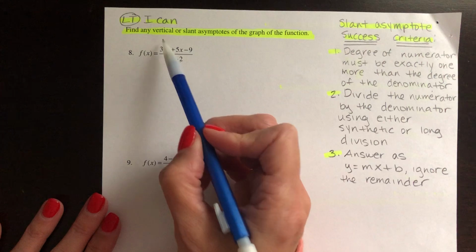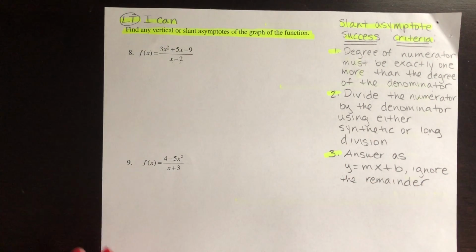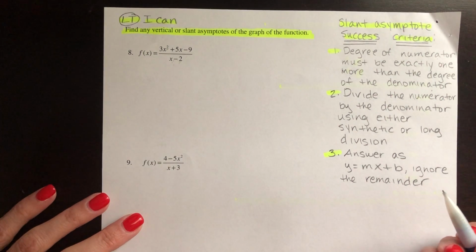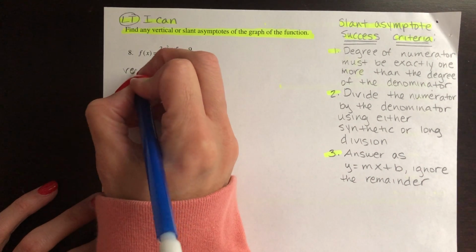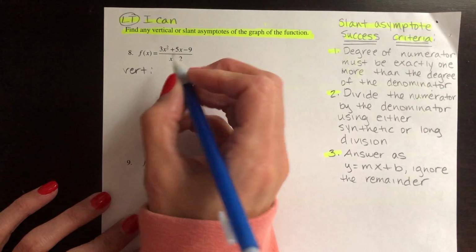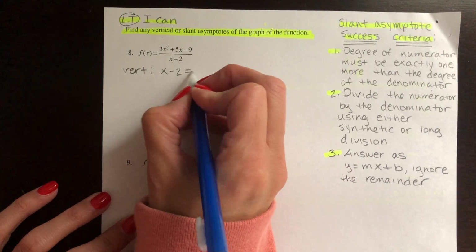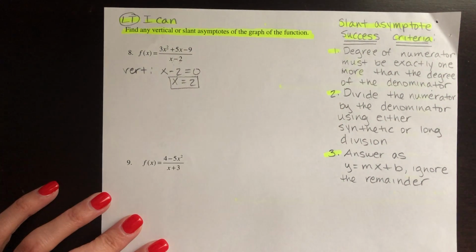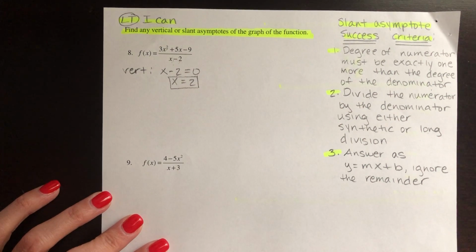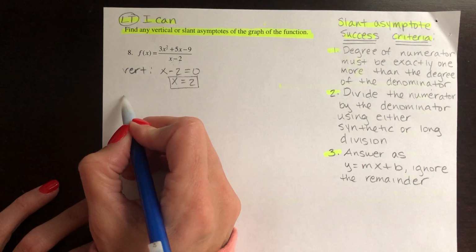But first of all, let's find the vertical. So I want to see if this can factor, and it cannot. So I don't have any common factors to worry about for my vertical. So I can just set it equal to 0, and I find that x equals 2 is my vertical asymptote. Now to find my slant,